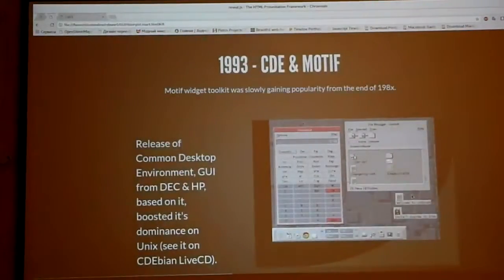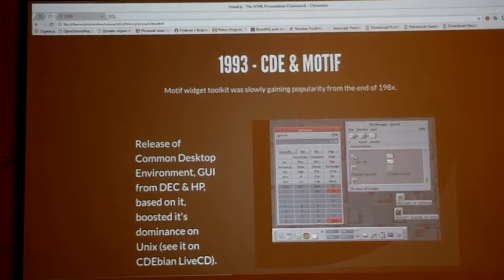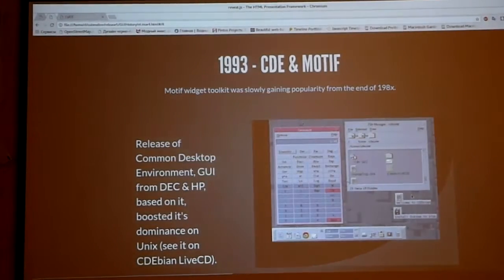The next slide is the Motif widget toolkit and Common Desktop Environment. The next attempt to make a standard Unix view was successful. It was based on the highly commercial Motif widget toolkit, and it was also a joint effort, now from DEC, Hewlett-Packard, and in fact IBM joined this team later and brought some ideas from the OS/2 operating system.